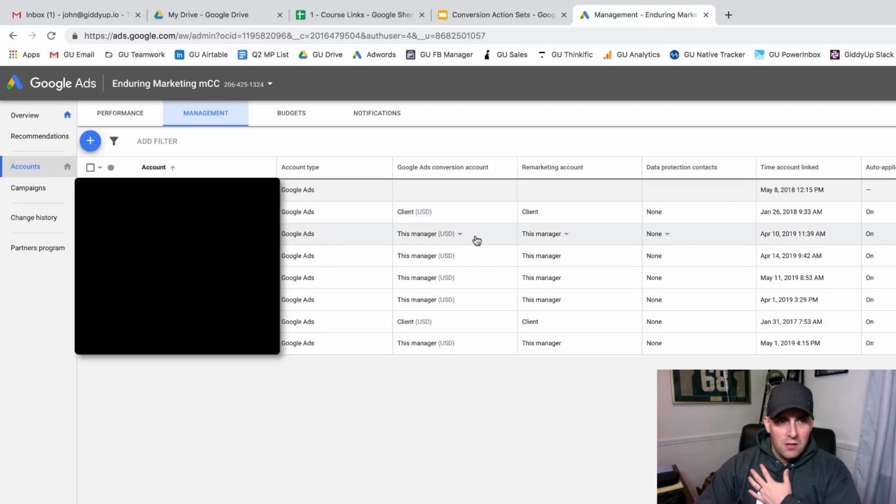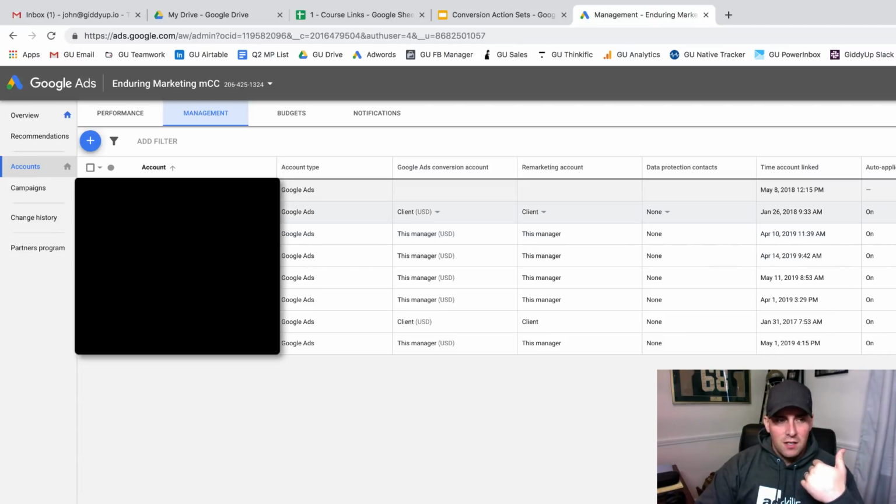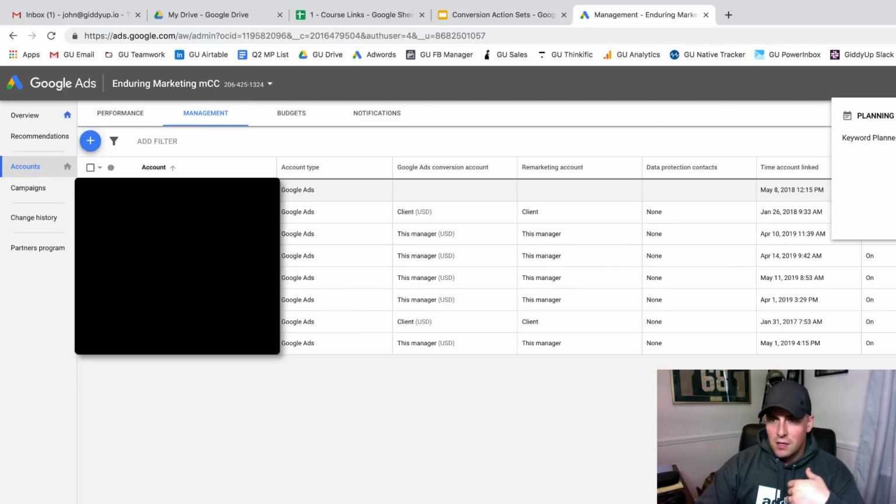These are set up at this manager, so I would set them up at the manager level, and then pull them into my campaigns. That's what I'm going to go through and show you how to do, setting them up at the MCC level. Same process regardless of where you're at. It's just making sure you're setting it up in the right place. So once again, if it says client, you'll click into the account and you'll go in and set them from there. For this manager, since I'm inside of my MCC, I go to Tools